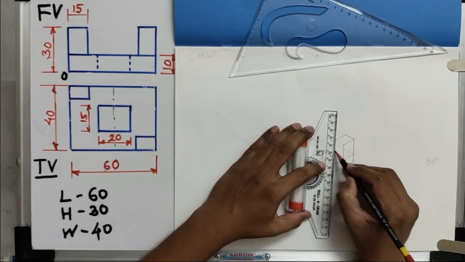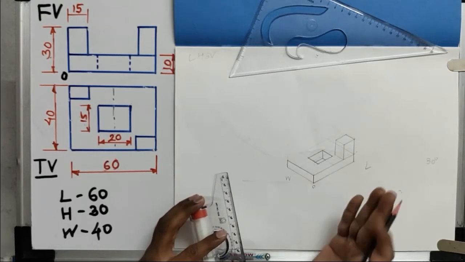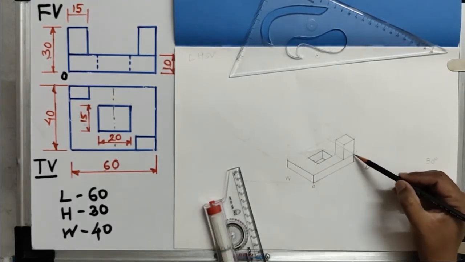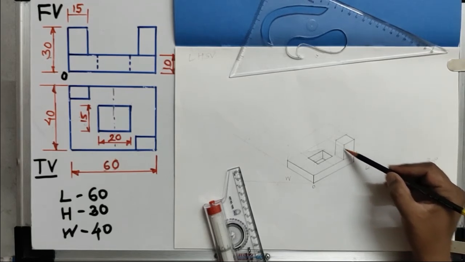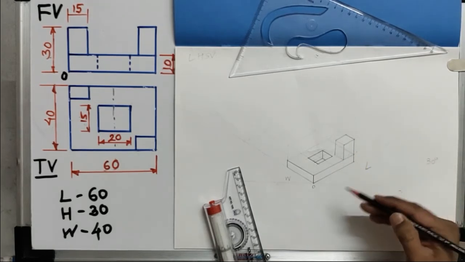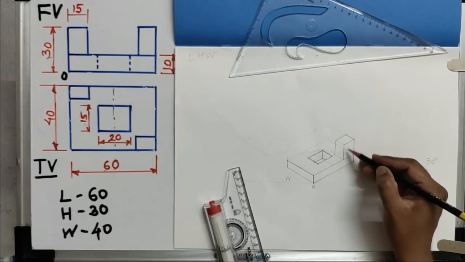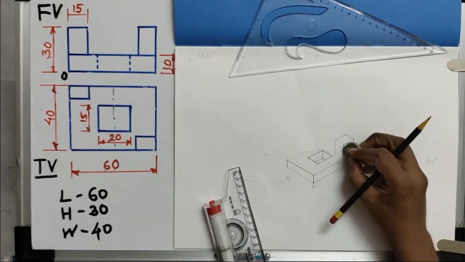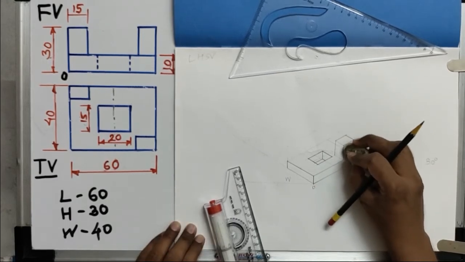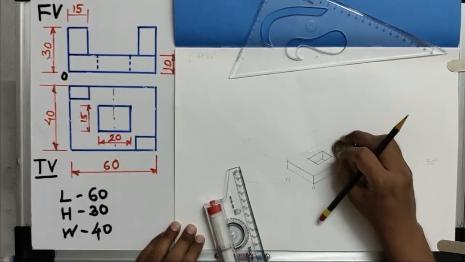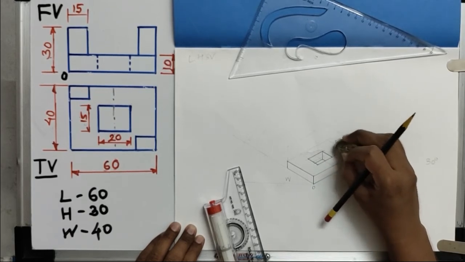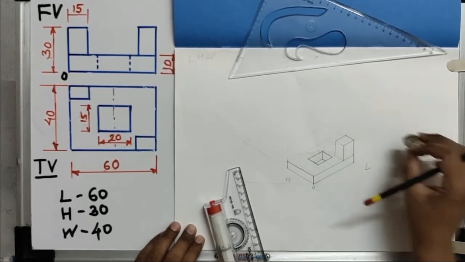Just we have to draw the parallel lines to this right side inclination and left side inclination, that is the thing. Okay, now the line for the bottom rectangle that I have drawn here actually gets hidden behind this vertical rectangular portion, or actually it is a prism type of structure. So I have to erase that because it will not be represented, because the hidden lines we are not going to represent in the isometric view. So I will erase that, so it will be better to understand.